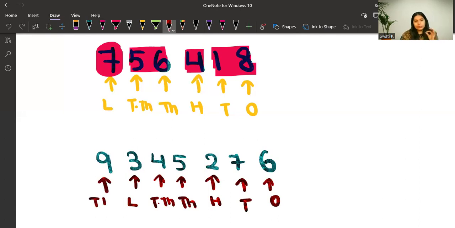The same rule we will apply here also. Again, we can't read this as 9, 10 lakh and 3 lakhs. That is why we'll read this together. So we'll read this as 93 lakhs,